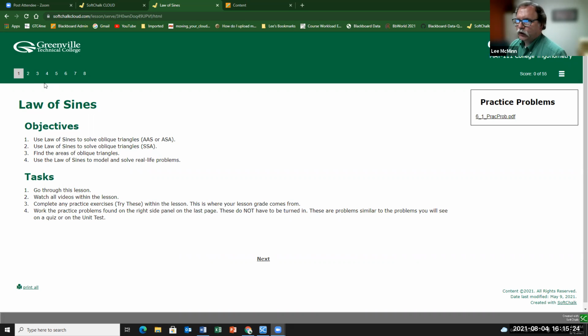I like to show the page numbers at the top left here. At the bottom of each page, we have different navigation options. I like to show the next or previous pages as well. You can put titles in the upper right-hand corner, as you see here. This is lesson 6.1, Law of Sines, and it's for the Math 111 college trigonometry course. You can put different